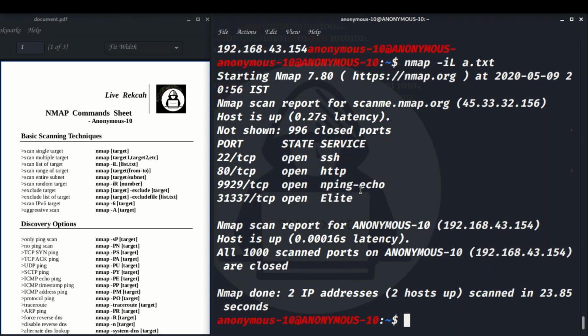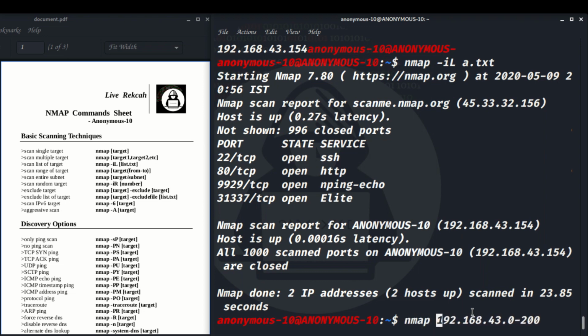Next, we can scan a range of IP addresses. How do we do that? For example, I have my IP address here, 192.168.43.154. I can scan like this: I'm going to give a range from 0 to 200, replacing the last part.